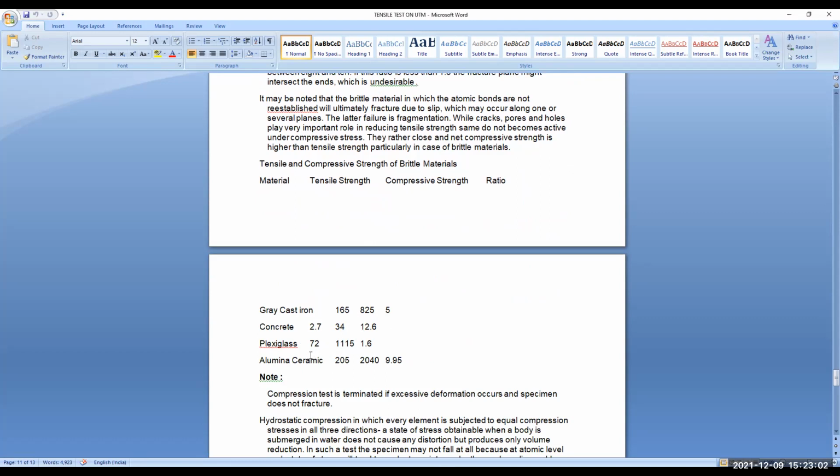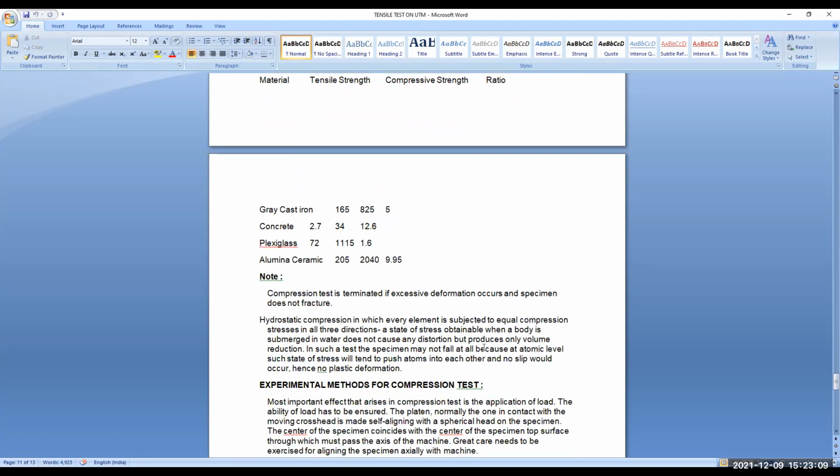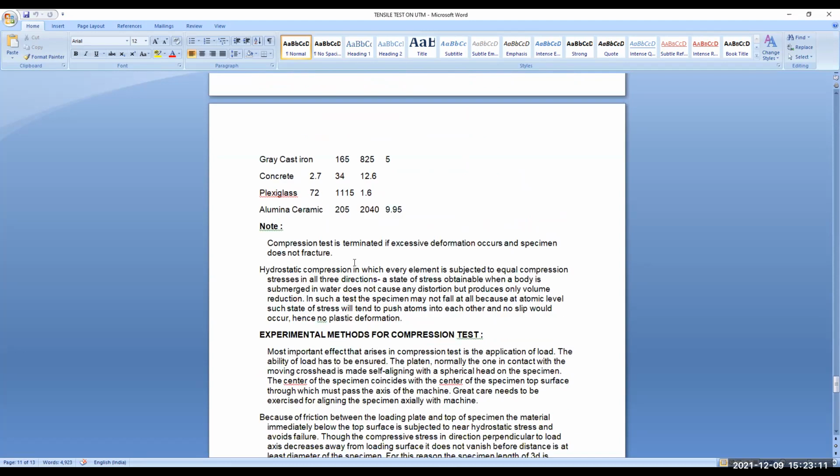Plexiglass 72 to 1000 is 65, ammonia ceramic 9.5, and so on. The compression is terminated if excessive deformation occurs and the specimen does not fracture. Compression specimen, hydrostatic compression, in which every element is subjected to equal compression stresses in all three directions, a state of stress obtainable when a body is submerged in water, does not cause any distortion but produces only volume